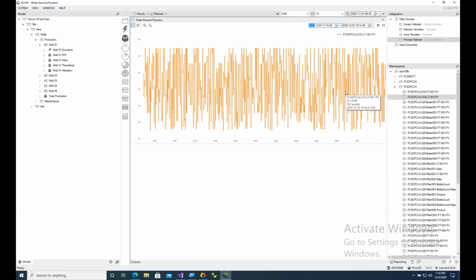So let's use this little tank level here to see exactly what's happening and what's going on. And if we can actually get a clearer picture, if this thing is increasing or decreasing. All right, I'm just going to close this data preview here. Just to mention, Flow never ever replicates this raw data. This is just a view inside of the historian, just to show you what that actual data is looking like and what the data is going to look like that you're going to play with when you start building out